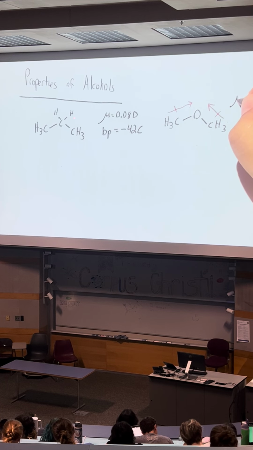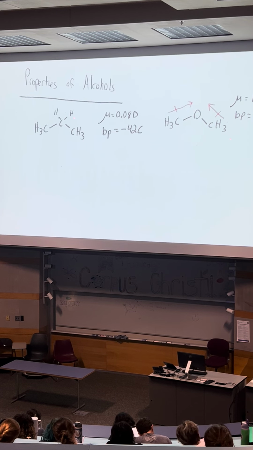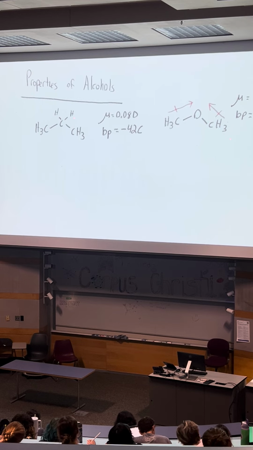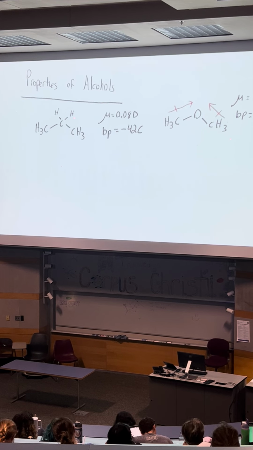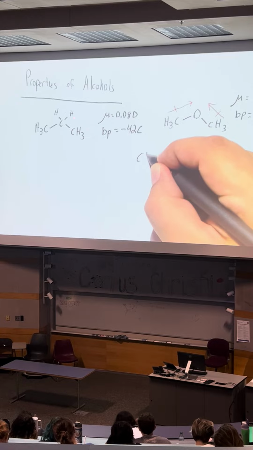The molecular dipole for this is 1.30 Debye, and its boiling point is negative 25 degrees Celsius. So it's still a gas at room temperature, but not to the extent that propane is a gas at room temperature, which has a boiling point of negative 42. Now, if we simply change the structure,